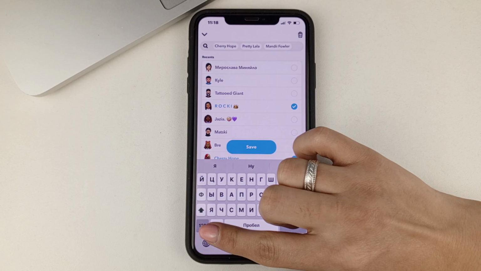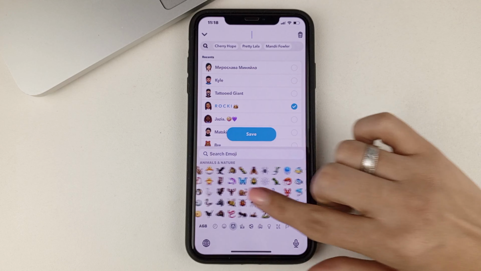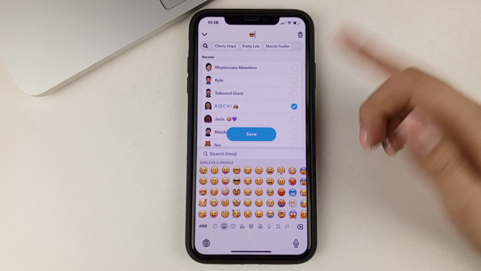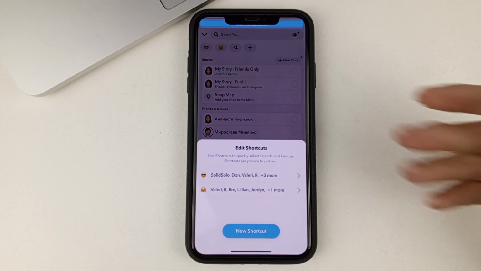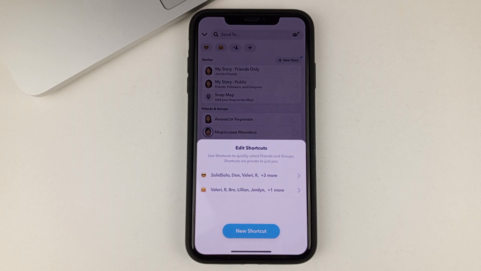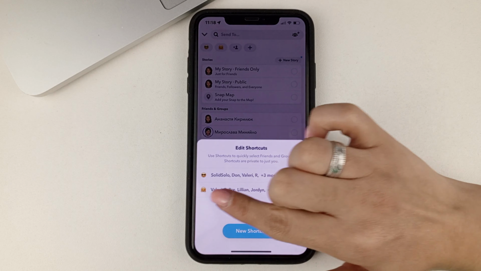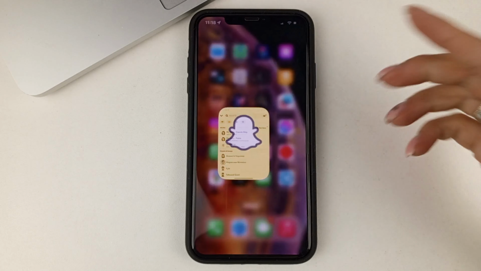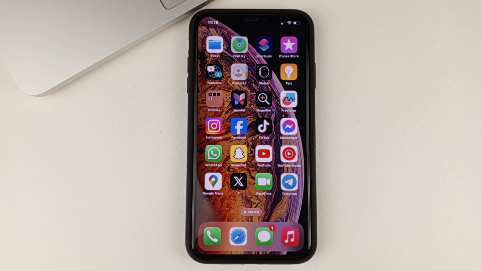As you can see, not all emoji can be appropriate to create a label. And we can change the label. Let's go ahead and choose one of these. Oh, as you can see, this one fits. So also be careful when choosing an emoji. If some of them don't work for you, you can change them to a different one. As you can see, we now have a modified label.